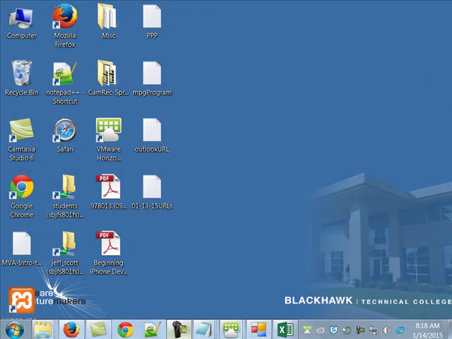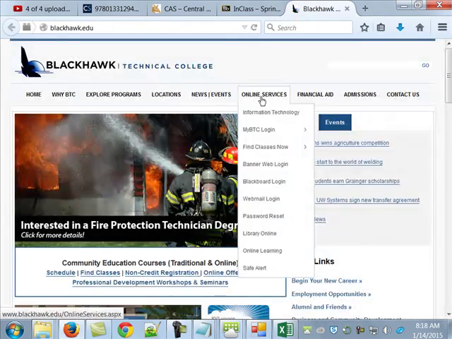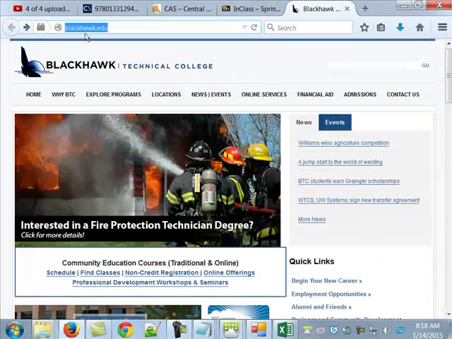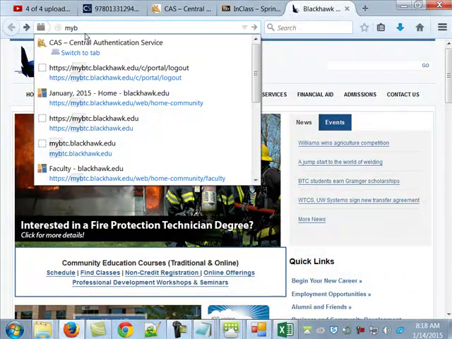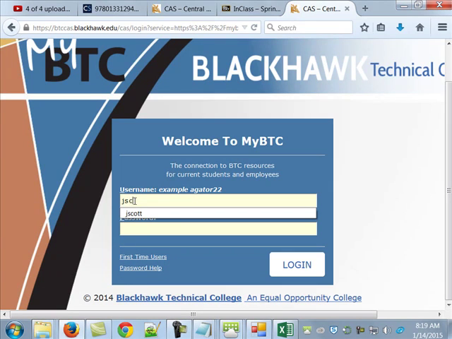Again, I'm supposed to keep asking you this, so if you have not gone out to the new My BTC Portal, you're supposed to go out there. When you go to Blackhawk, there should be some kind of a link someplace on the front under information technology or something that says My BTC. You go there, you log in the exact same way that you log in when you are logging in the morning, so you use the same login. You go to login here,